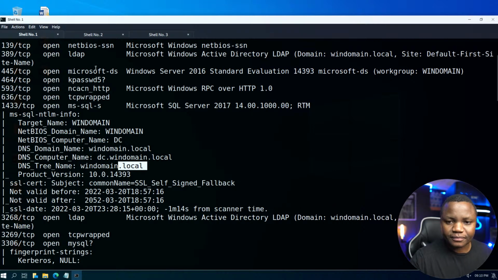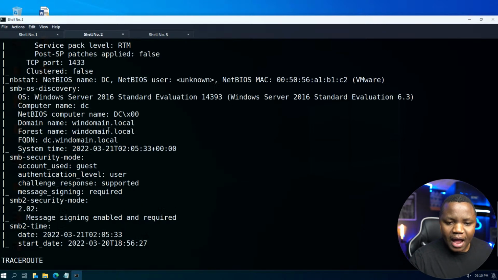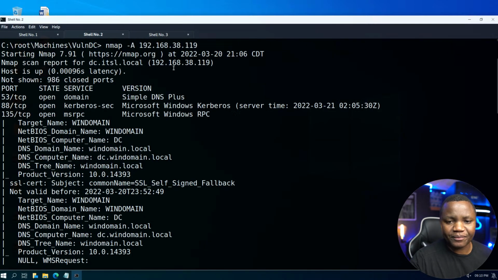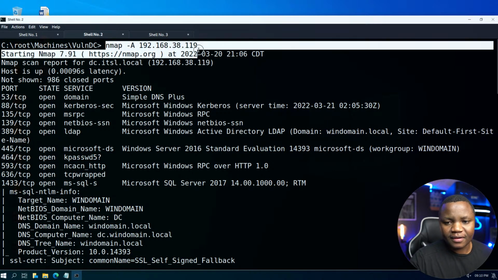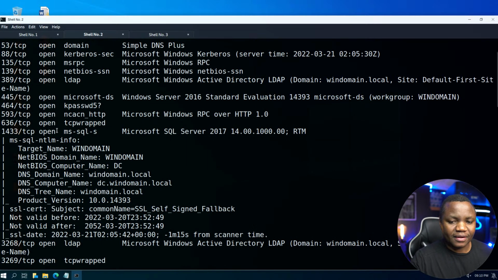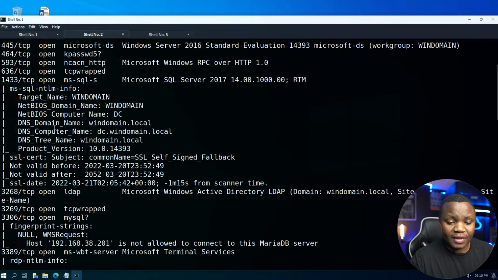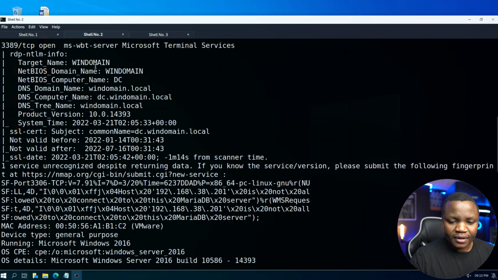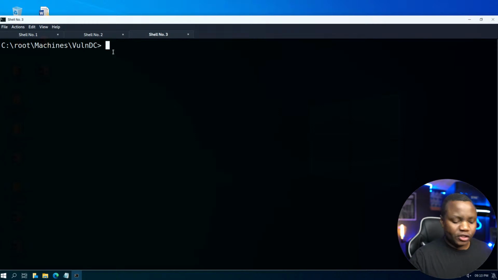All right. After that, I wanted to show you that the aggressive scan does the same thing as the other one. This is the -A with Nmap. It's the same deal, as you can see. This is just a little lousy, but -A, -sV, -T4, you get the same results most of the time. So let's use enum4linux. I think it's -A on